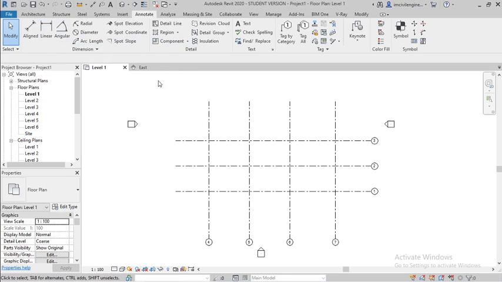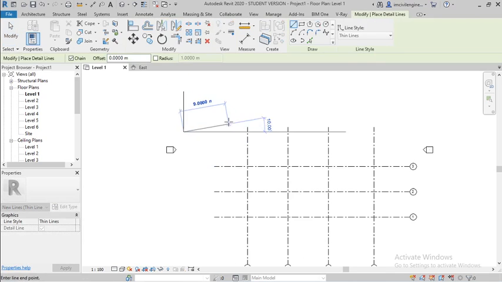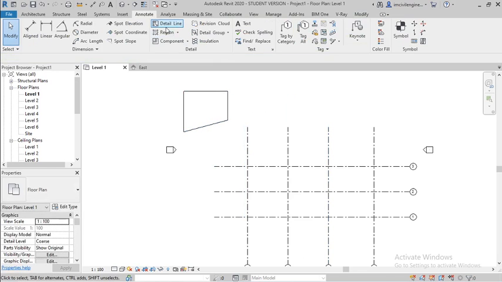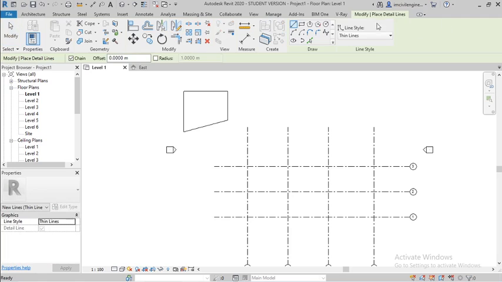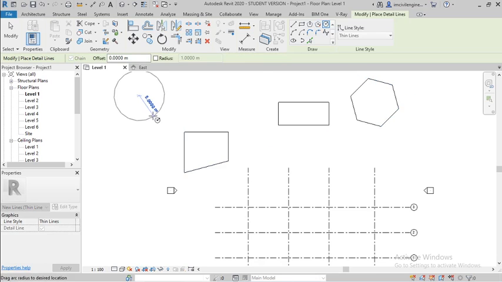anything like AutoCAD tools, detail line, 2D lines. It's a 2D line. You can see how the 2D line works. If you click any drawing, like if I click the detail line, the modify command will open. I have to click rectangular, circle, polygon, etc. You can use it through